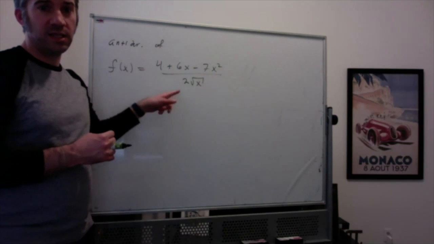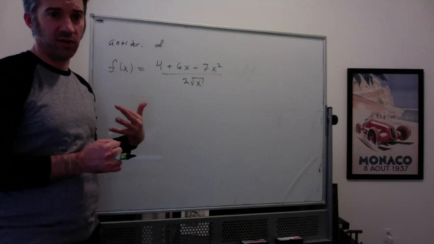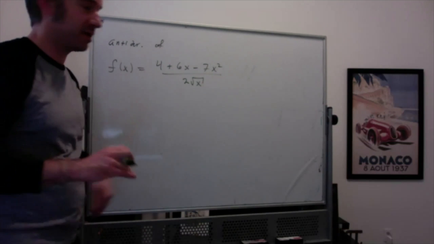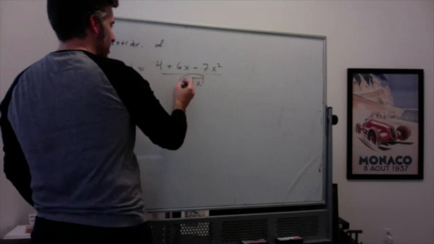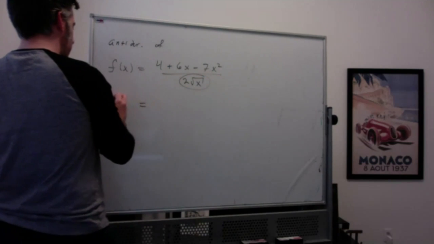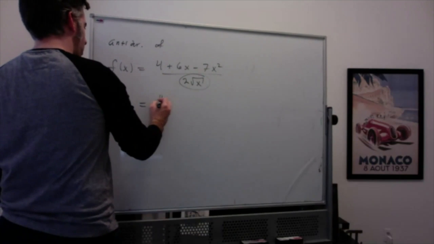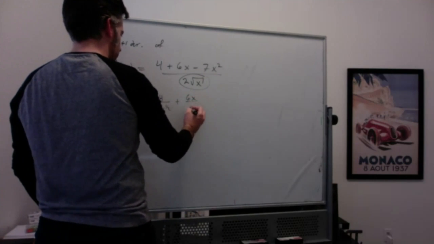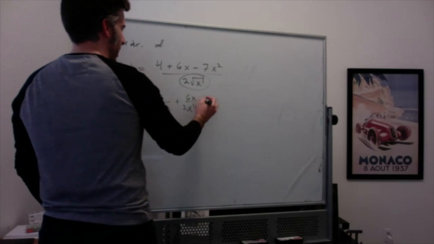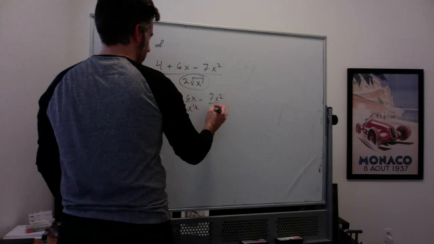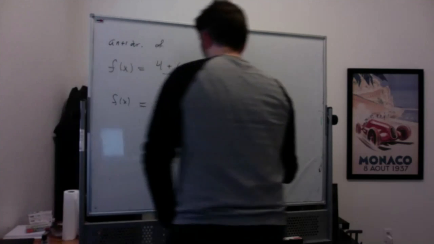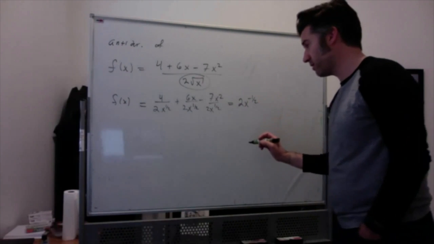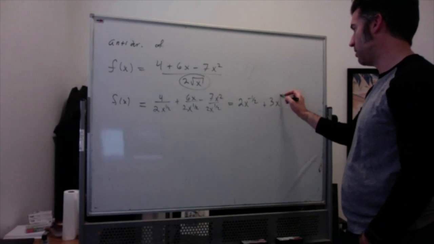And so this thing here, while it might look complicated at first, we can simplify into a bunch of sums or differences of powers of x. Since I've got a single term in the denominator, I can rewrite the function as 4 over 2x to the 1 half plus 6x over 2x to the 1 half minus 7x squared over 2x to the 1 half, which I can then simplify further as 2x to the negative 1 half plus 3x to the positive 1 half,